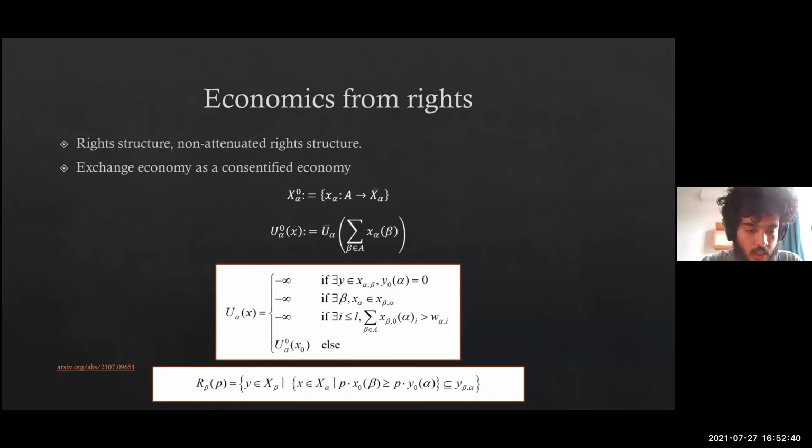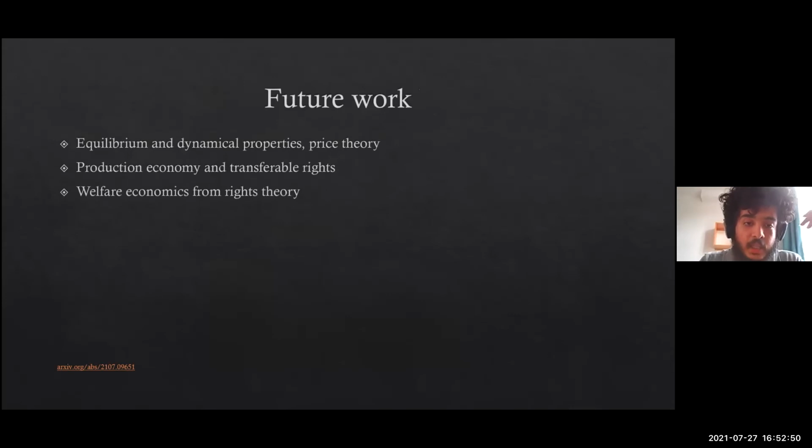If you noticed here, the last definition on this slide is the definition of a price in an abstract economy with rights. Because basically a price is you saying that I forbid you from taking some of my things unless you choose to not forbid me from taking some of your things. So